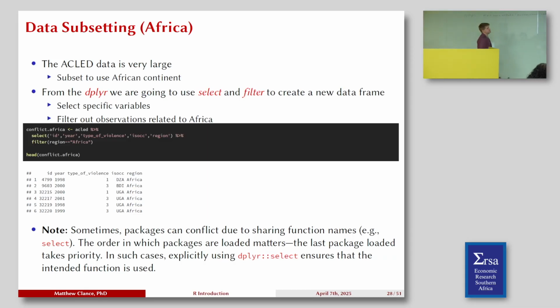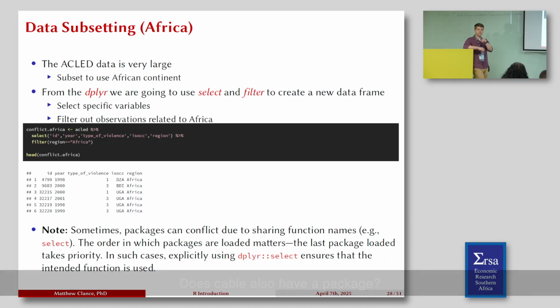Sometimes a data set might have every single country in the world, plus it might actually have some type of aggregates. In that case, it might be better to throw out the pieces that you don't need. If your focus is Africa or if it's Asia, why do you need to keep the entire data set? You have a question?